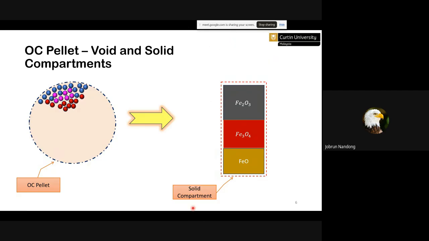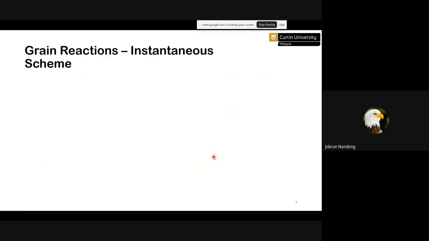And next to it, because the pellet is porous, okay, we have the void compartment or gas phase compartment. Okay, so we have two compartments already, right? So the next one is actually the bulk reactor compartment. Reaction. Okay, first before we move on to the next one, we just look first at the type of reaction